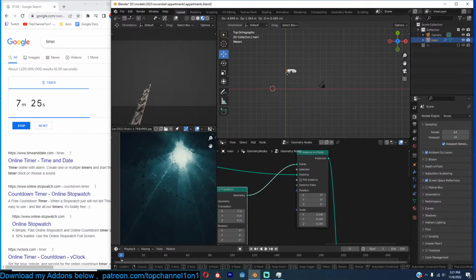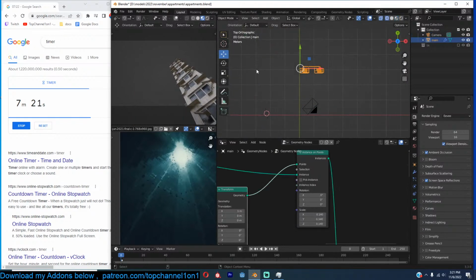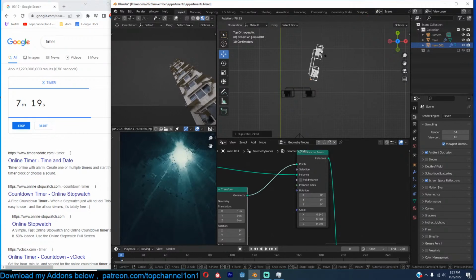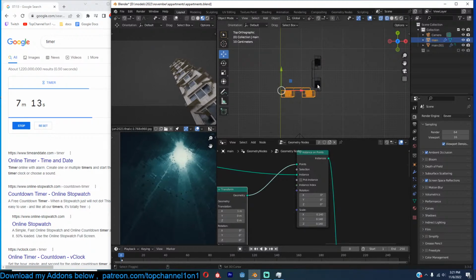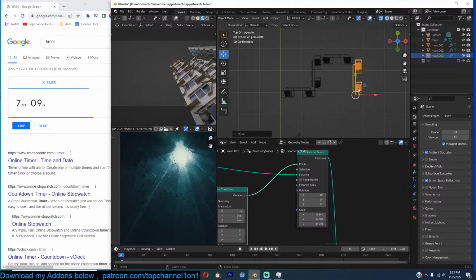So let me come here, move the camera here. I can just duplicate this, rotate this 90 degrees. I can duplicate this. Maybe this one can be